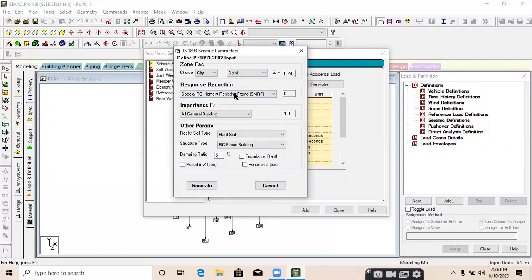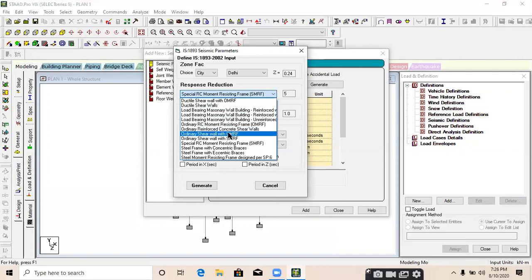Then the response reduction factor. For concrete structure, we need to select ordinary RC moment resisting frame or special RC moment resisting frame, reinforced concrete. For steel structure, we need to select steel frame, concentric braces or eccentric braces.